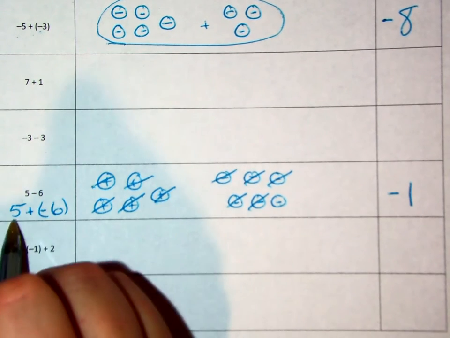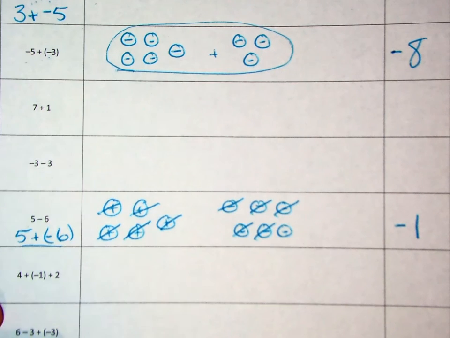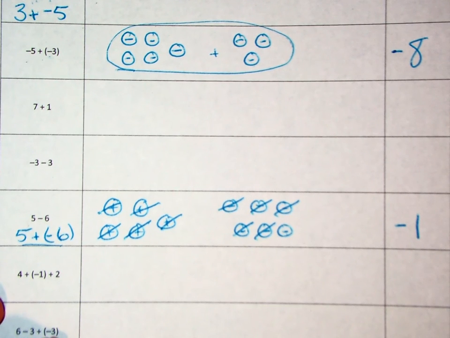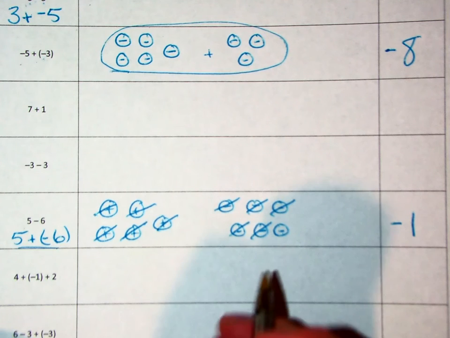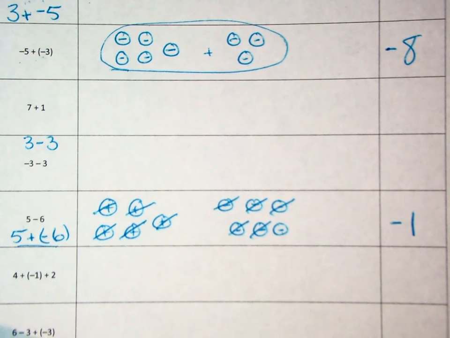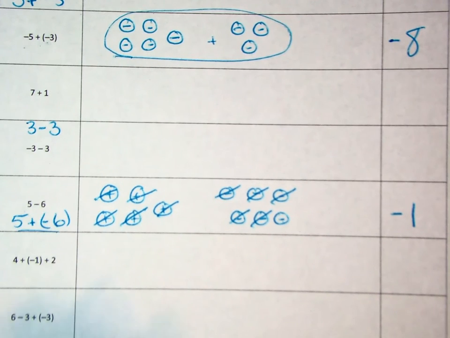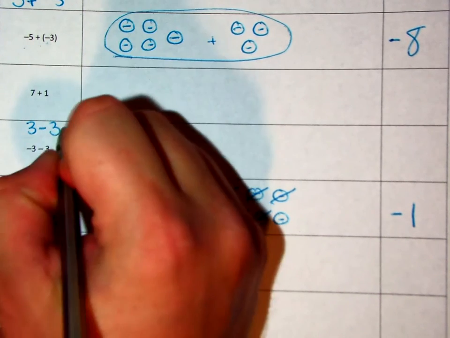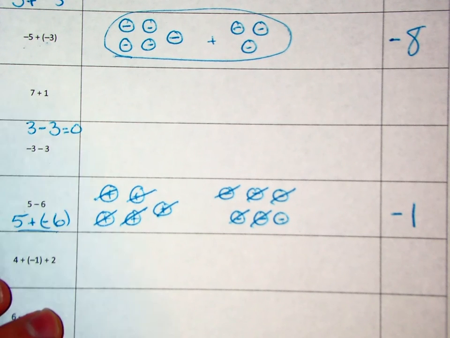The reason we learn to rewrite these problems is because of the problem before it. -3 minus 3. It's very common, especially in 8th and 9th grade math, for a student to look at a problem like -3 minus 3 and think that what they're seeing is 3 minus 3. And so they will answer this as 0. While 3 minus 3 is 0, -3 minus 3 is not 0,